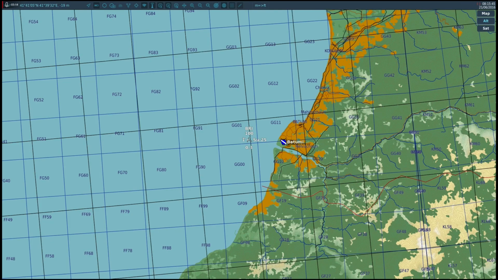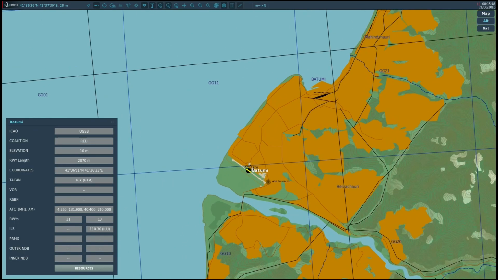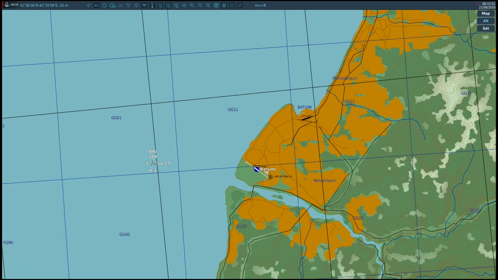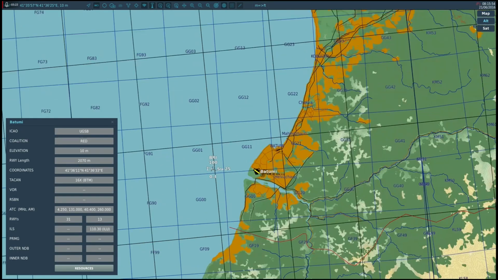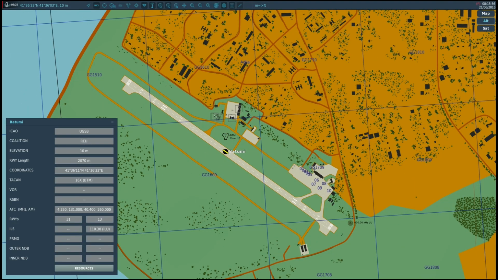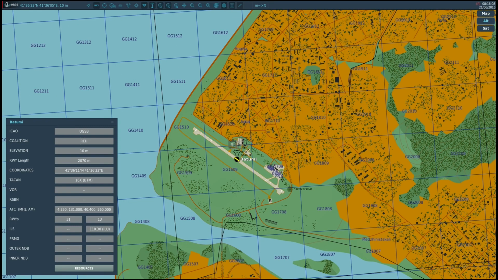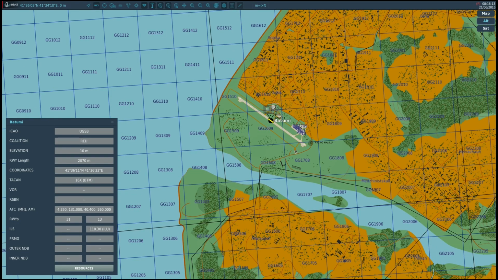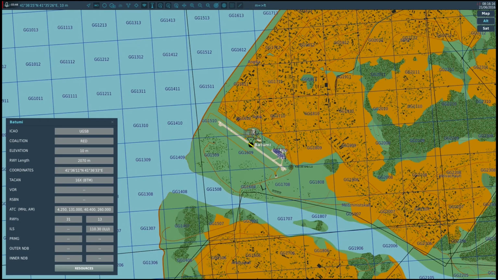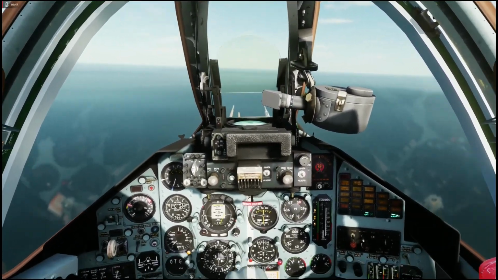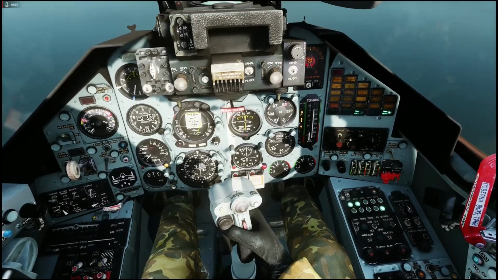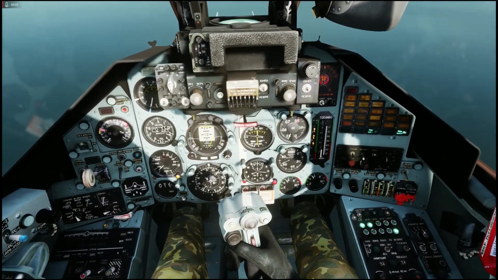Not all airports have ILS systems. Of course, now I can't see it. But Batumi has an instrument landing system. That's why I love Batumi, because it is a simple airport that has all the stuff, and it's easy to recognize due to the river, the inlet here. Okay, I'm gonna fly out, intercept the return point,